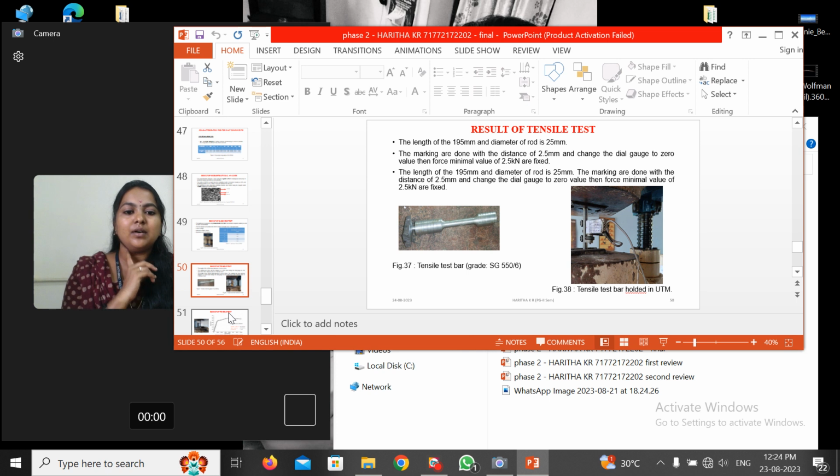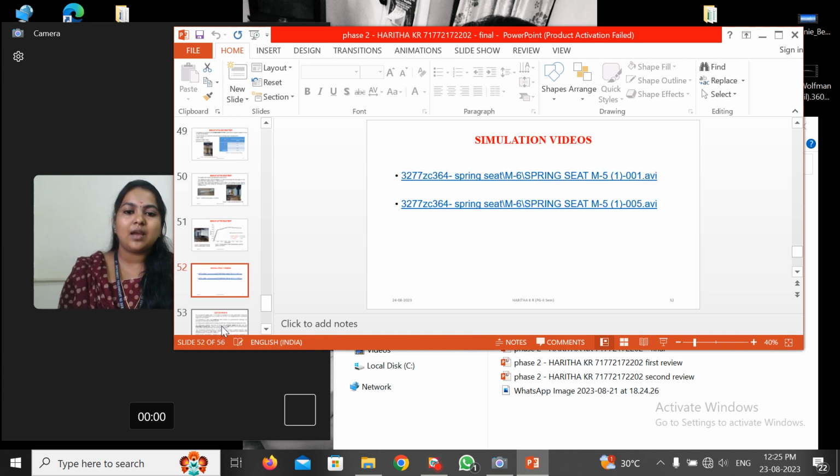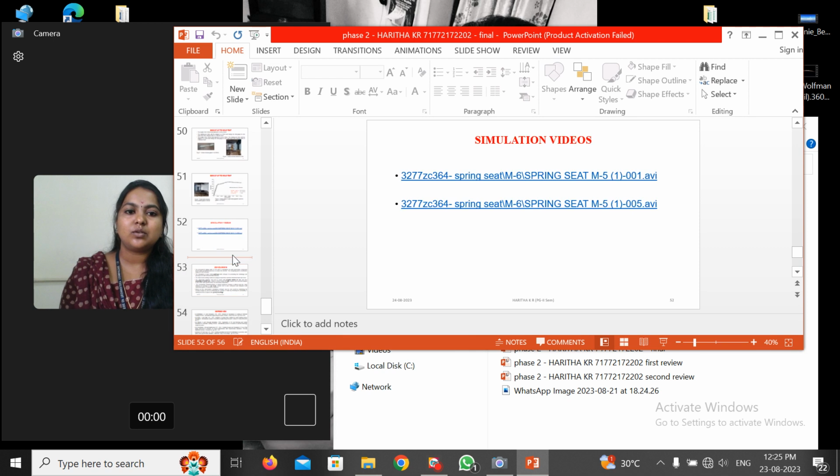The bar of SG 550/6 for the tensile specimen is made, and the diameter of the bar is 25 mm, which is placed inside the UTM machine. After that, the elongation takes place at around 7%. After that, the tensile graph is shown. The tensile strength is around 593, yield is 473, and elongation is 7.49% for the SG. And the simulation videos with respect to the